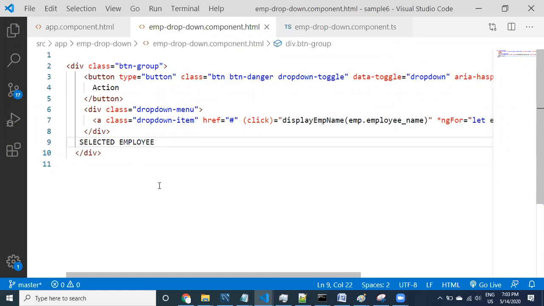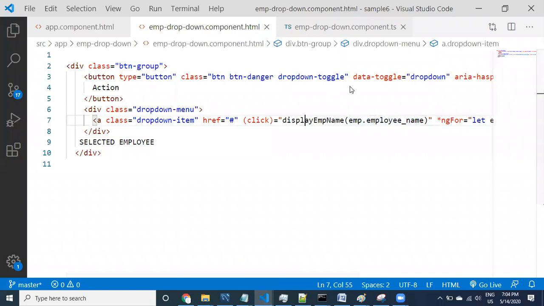Okay guys, for that we have many choices. Let's look at it. First we are clicking on this information, right? When we click on it, we are passing the employee name to this method. Let us go to that method.